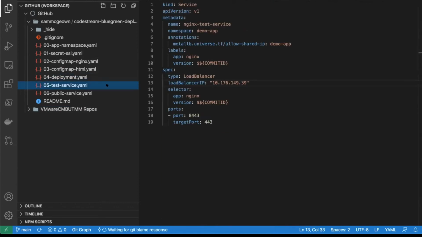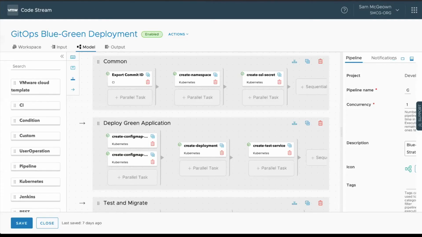And then I've got a test service, which is creating a load balancer on a specific port, 8443. And then the public service is actually running on port 443. So what this looks like in practice, if I switch back to here, is